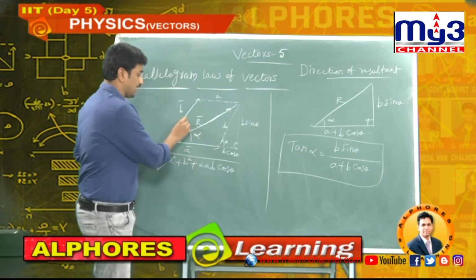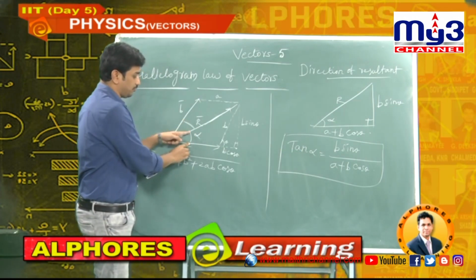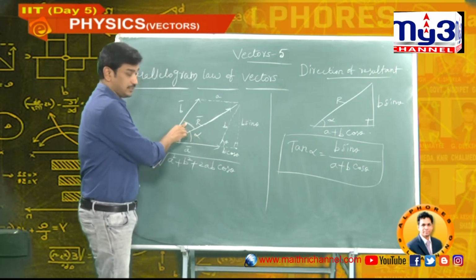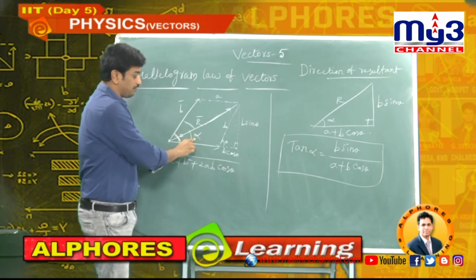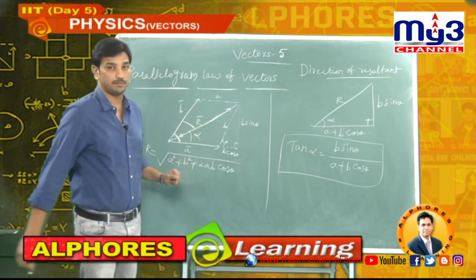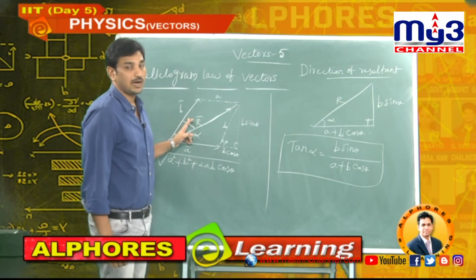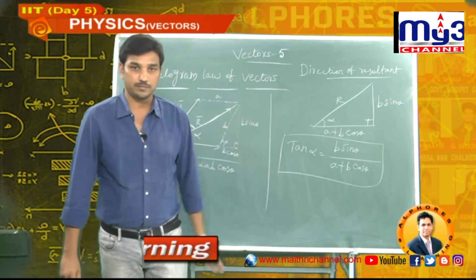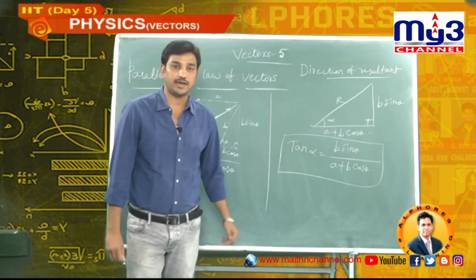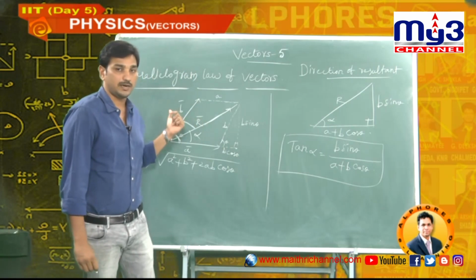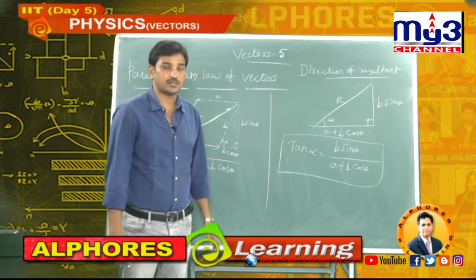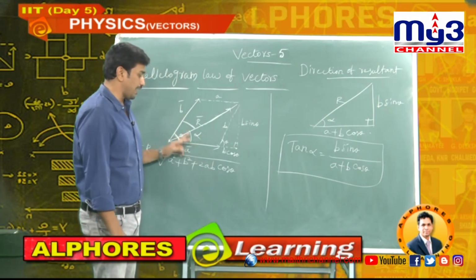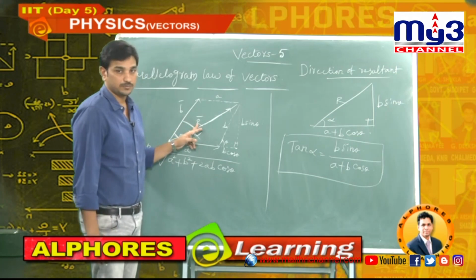Similarly, how to calculate this angle? Theta you know, alpha you know. This is theta minus alpha. One you know, the second one is easy to calculate. What is the angle made by the resultant with B bar? That is theta minus alpha. So how is the resultant with our A bar and B bar? With A bar it has an angle of inclination alpha, and with B bar it has an angle of inclination theta minus alpha.